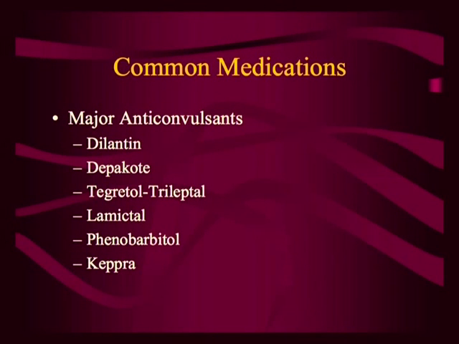I'm going to go through real quick with the medications. These are the major anti-seizure medication: Dilantin, Depakote, Tegretol, Lamictal, Phenobarb, and Keppra. We usually don't use Phenobarb that much. It's an old medication. Dilantin is still being used. Keppra is the newest of all, and so is Lamictal. All the new medications are being used because they do not cause significant slowing of the thought process. They do not cause slowing of the memory or their motor slowing, and they have less side effects.